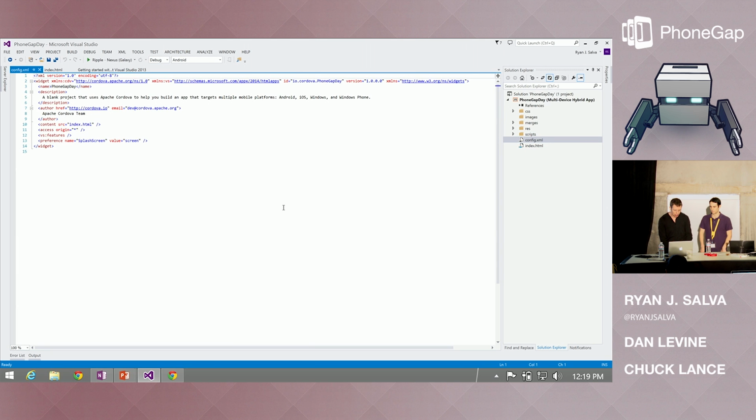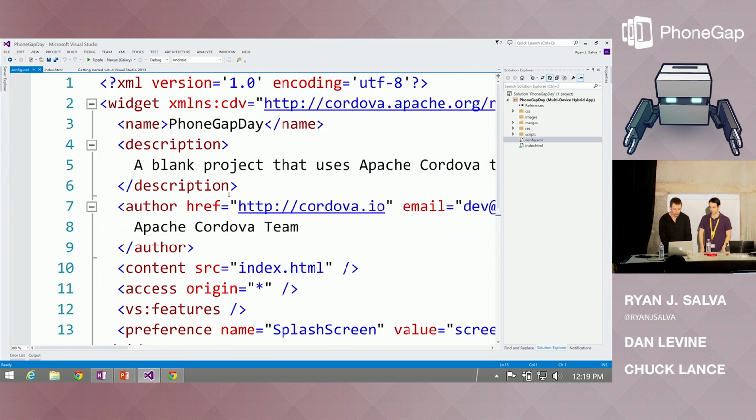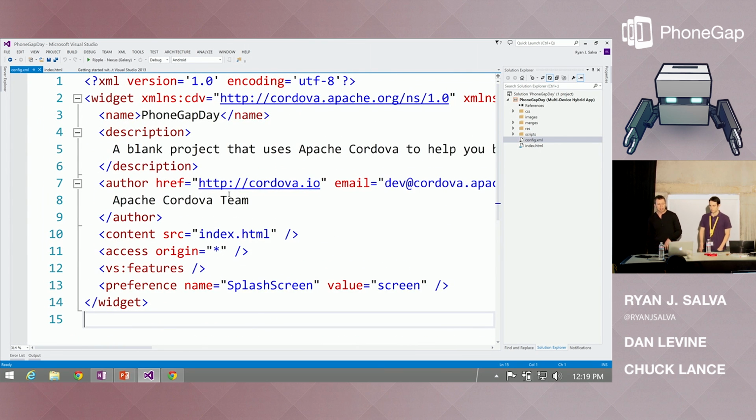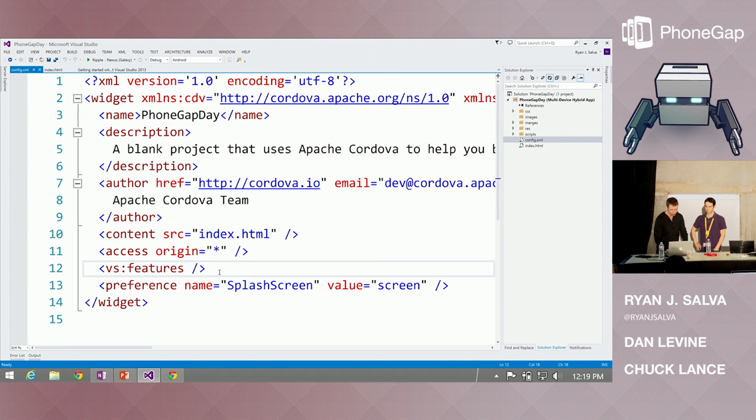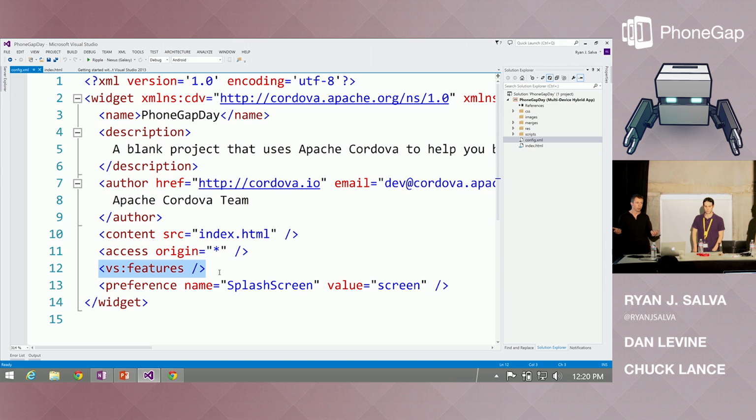Yes. And then from here, you can, yoink. There we go. From here, you can still edit the code. And you'll notice that our config.xml is fundamentally still just the normal one that you'd expect. We've just added in a couple of extra nodes that look kind of like this guy right here, right? And this one hasn't been populated with anything yet, but this is our way of inserting some IDE-specific attributes, in such a way that a normal Cordova build, if you were to take it outside of Visual Studio, should still work just fine. Yep. The Cordova build will just ignore it.